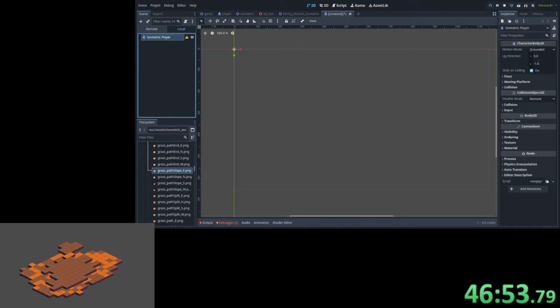Add in a new collision body and give it a circle shape. I recommend keeping the size of the shape quite small. Mine will have a radius of 2 pixels. I then created a basic player sprite. It's the same size as my tiles, 16 by 16. This is quite obviously a placeholder, so feel free to use whatever graphic you want for now. I'll drag and drop it into the scene and make sure the feet line up with the collision shape. I'll also have to set the texture filtering mode on this like I did with the tiles. Then set the player Z index to 2 so that